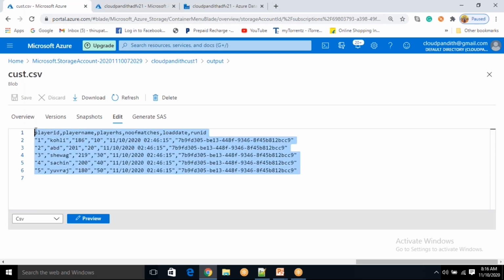It should come. But if we have added a schema and whatever columns we added in the mappings, only those columns will come. If you're not adding any columns in mapping, all the columns which you have in source, along with the added columns, everything will come. Okay, clear, Vinay?